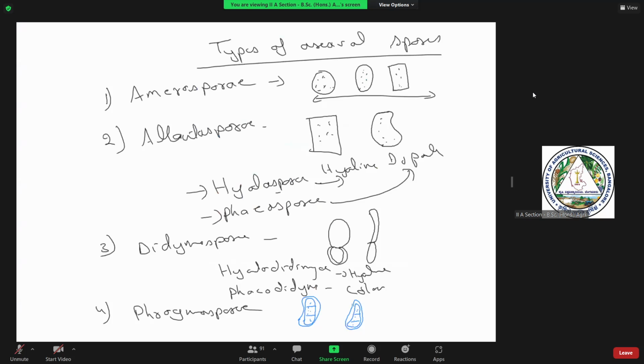They are transversely septated, oblong, with two or many septa. Hyalophragmospore or hyalophragme means hyaline. Phaeophragme